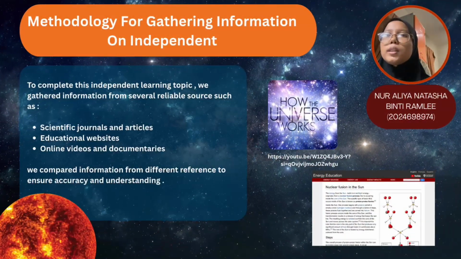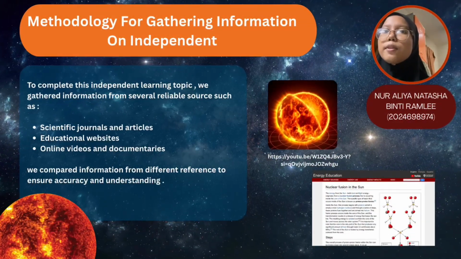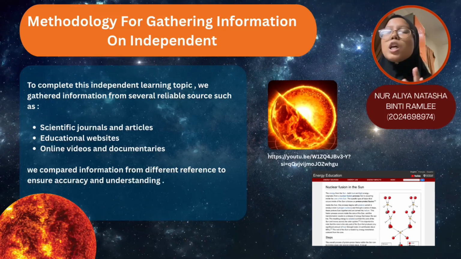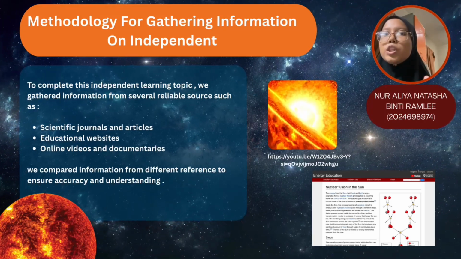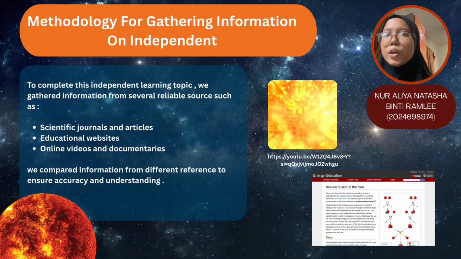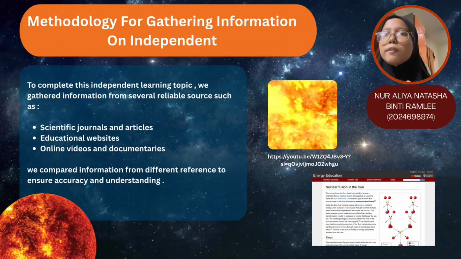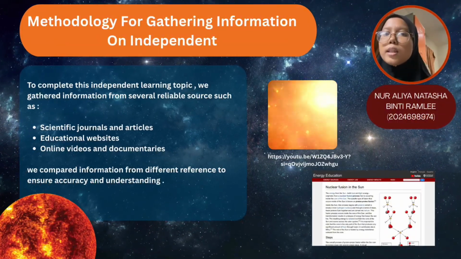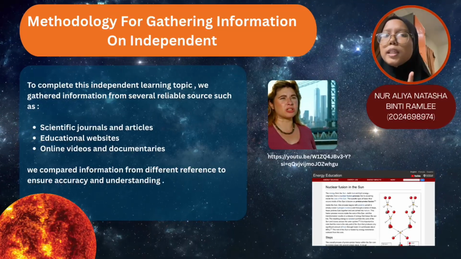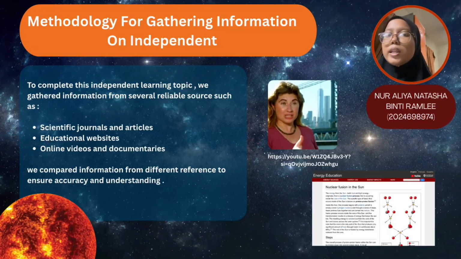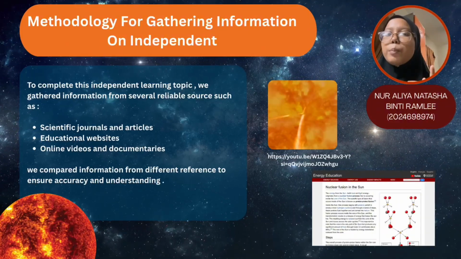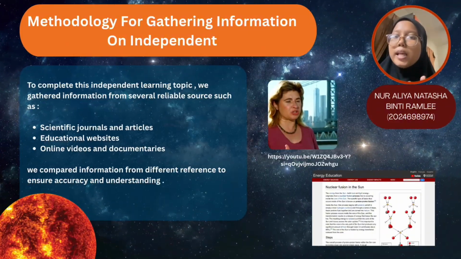So next, I will explain the methodology we used for gathering information for this independent learning topic. To complete this research, we collected information from several reliable sources such as scientific journals, articles, education websites, online videos, and documentaries. We compare information from different references to make sure the facts we use are accurate and easy to understand. Important concepts we summarize and simplify so that they can be explained clearly during this presentation. This method helps us gain a better understanding of how nuclear fusion happens in the sun and why it is